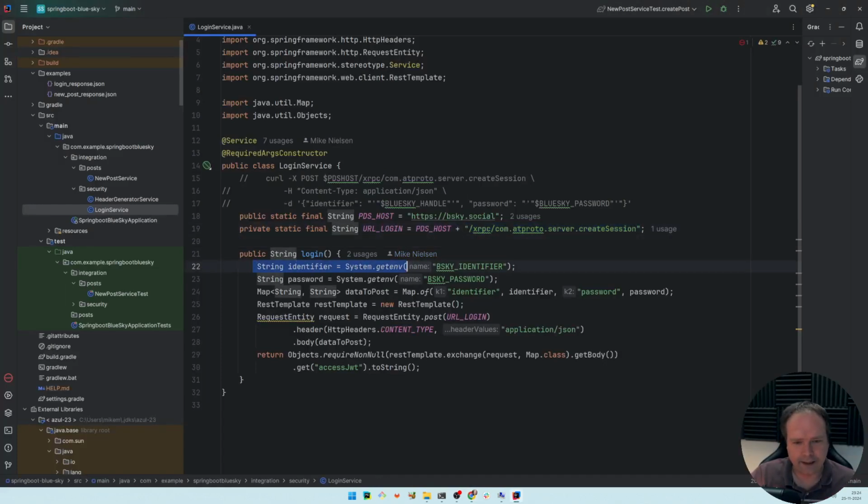So here we have the identifier. And again, we are taking these system environment variables. I've named mine Bsky_identifier, and my password is placed in Bsky_password. So then when you have the identifier and the password, you can actually create some data to post, and then you can create a map with an identifier and password,